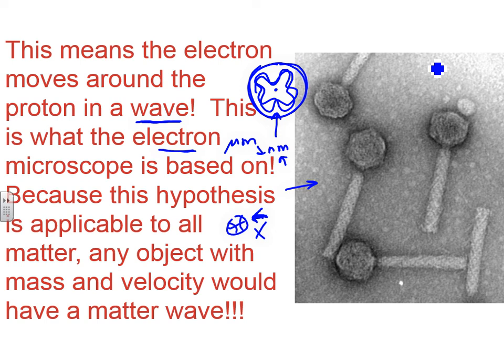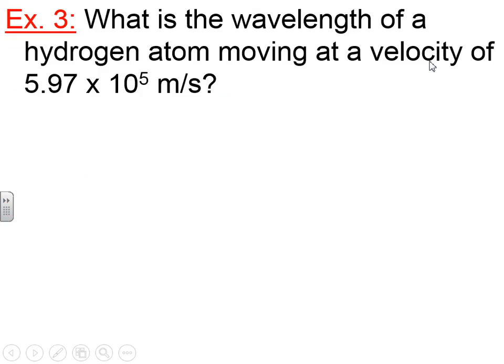And here's an electron microscope picture of some viruses. You can actually look up some electron microscope pictures online and see some pretty neat things down in the micro world. So here's an example. What is the wavelength of a hydrogen atom moving at a velocity of 5.97 times 10 to the 5th meters per second? So now we're going to apply the third equation that we saw, which is wavelength is h over